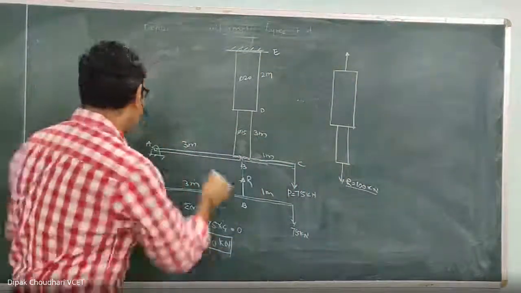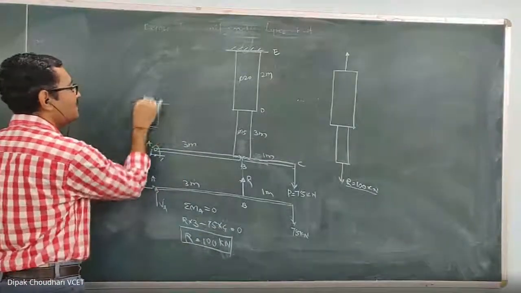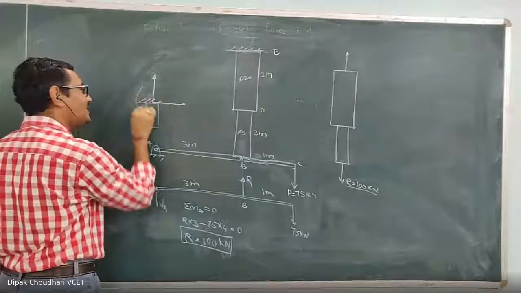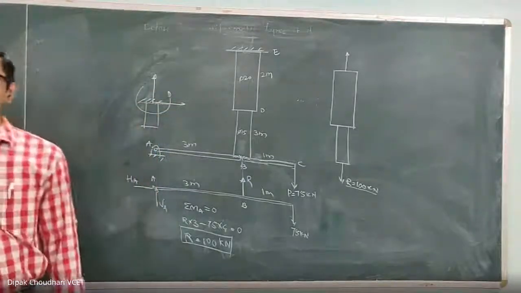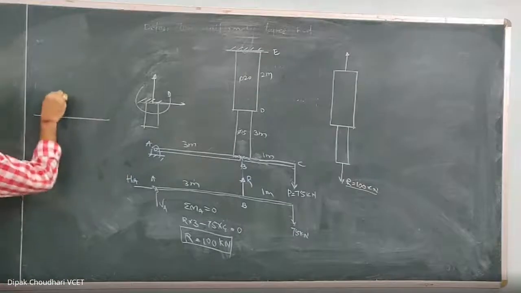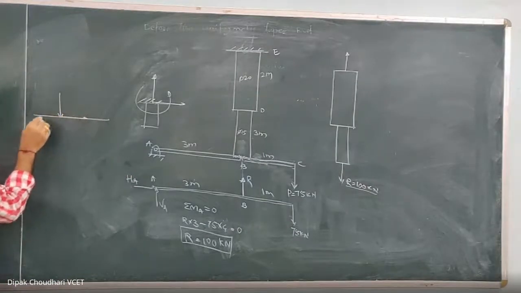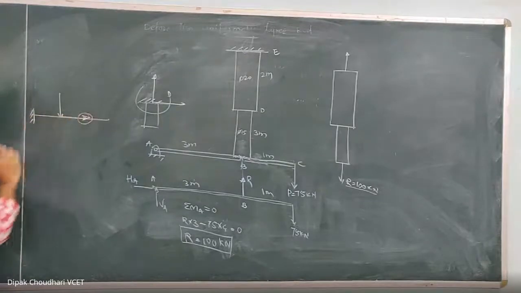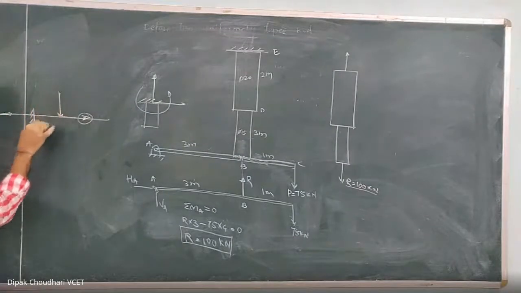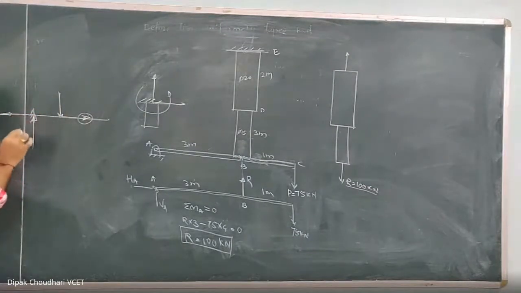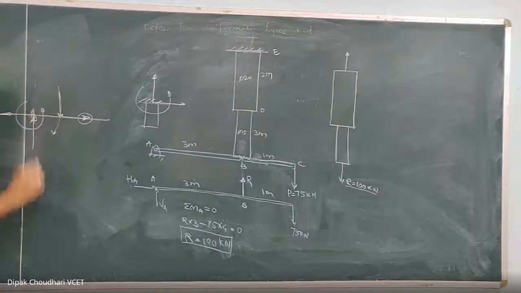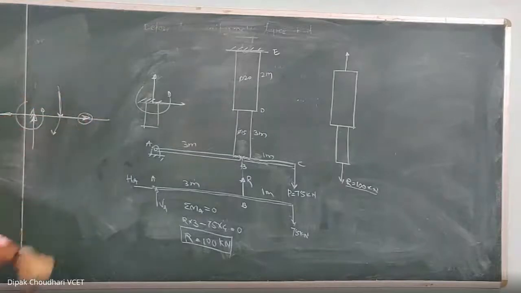Now it is a fixed support. Normally we consider the vertical component, horizontal component, and reactive moment also. But it induces only when there is a vertical force, horizontal force acting on a beam. If there is such a beam, then to balance the horizontal component, a horizontal component will act; to balance the vertical force, a vertical force will act; and to balance the moment, a reactive moment will act. Okay, that's why we normally consider it as 3 components.